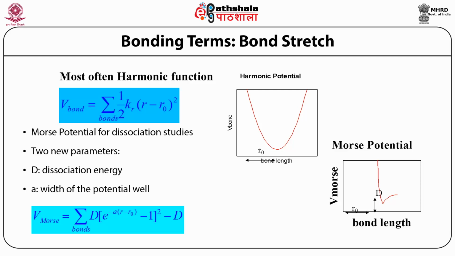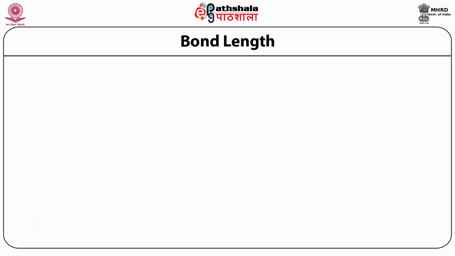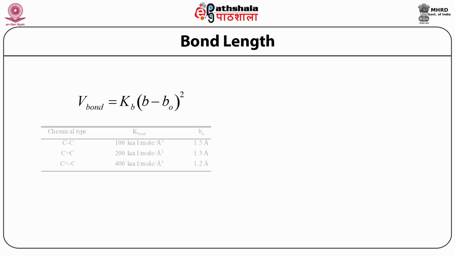which is the harmonic function. Here I show you using different kinds of constants, or k values, bond constants, and values which are b0, that is, crystal structure values. Here are the three samples shown. One is a single bond C-C, or double bond or triple bond carbon. And here are the energies, that is, bond energies, experimentally found. And these are the values for what should be the zero values.